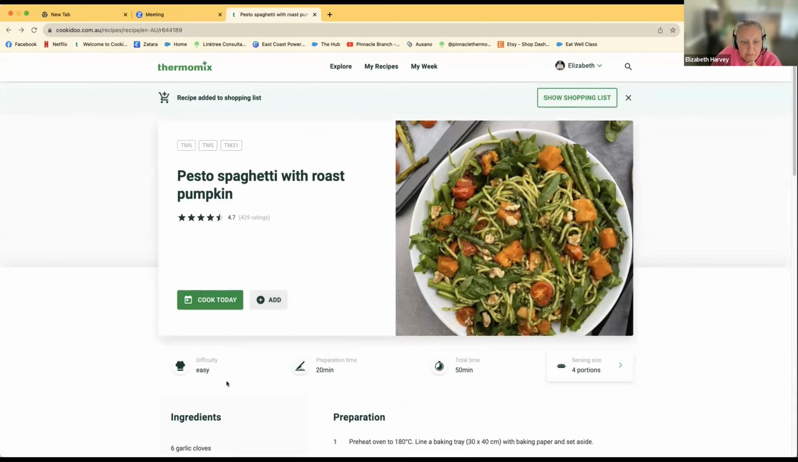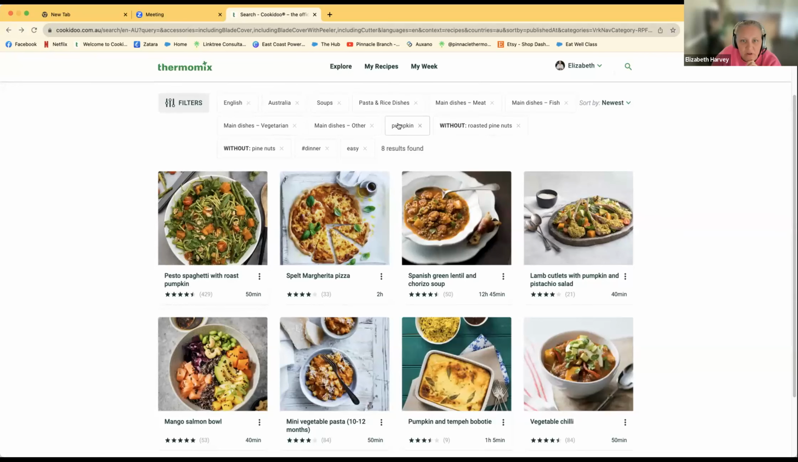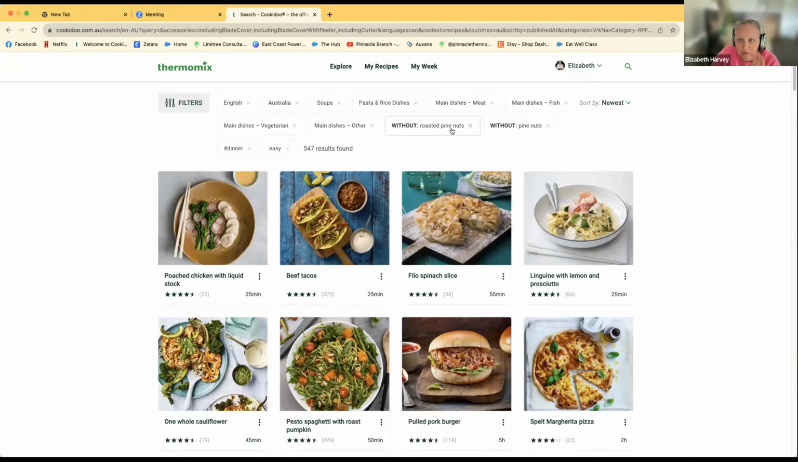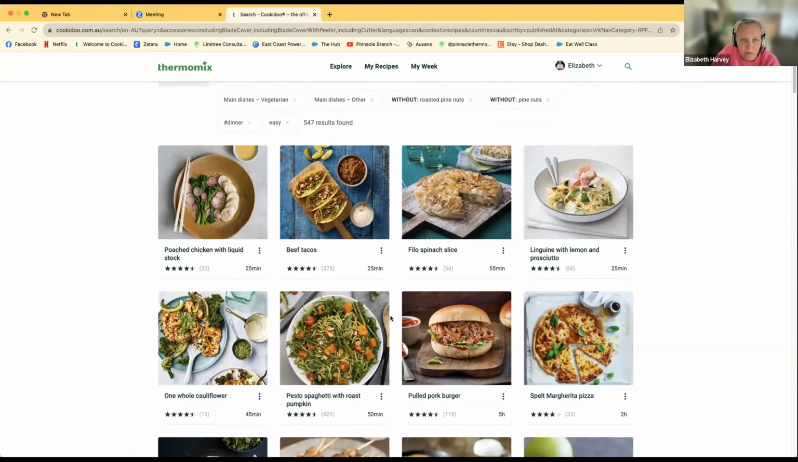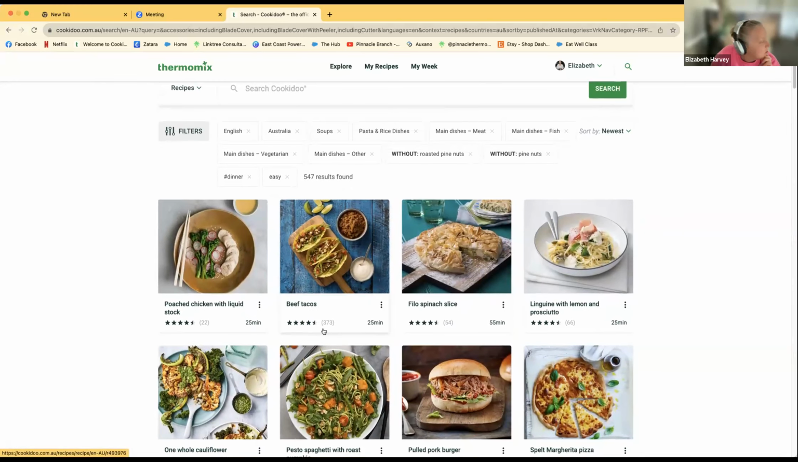All right, so we've chosen one recipe for our dinner and I've shown you through the filters. So let's just go back. We could take off now, we've used up our pumpkin. Let's just take that off. We've still got someone that's allergic to pine nuts. So now we could have a look. So we've got all of our main dishes selected there. Dinner and easy are the tags that we have. So